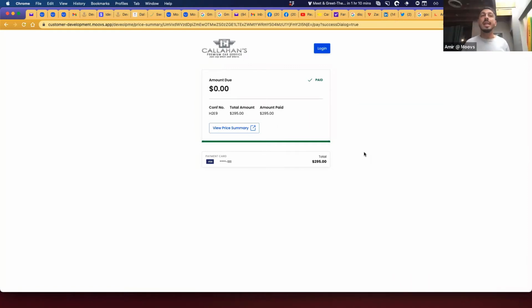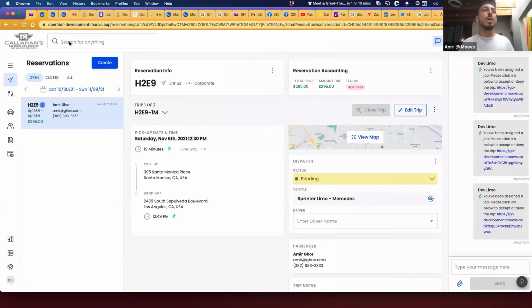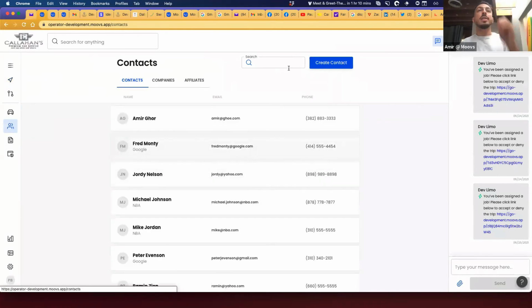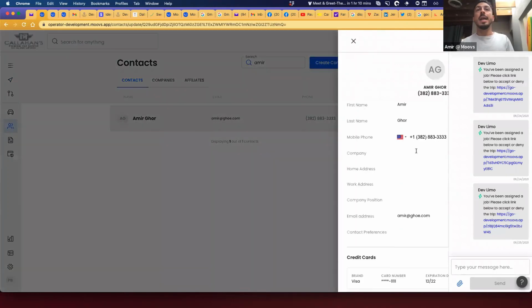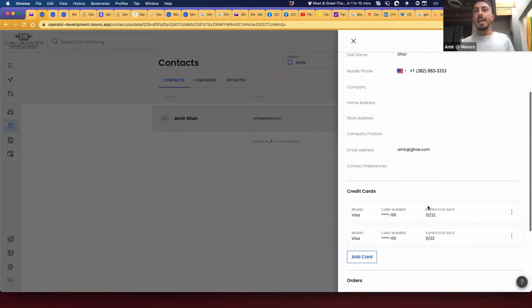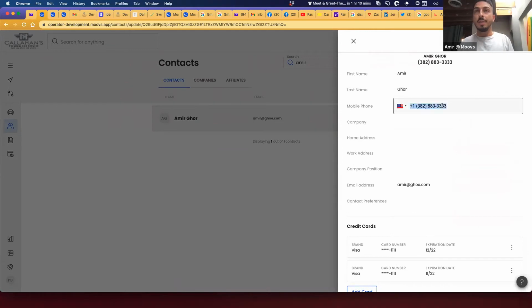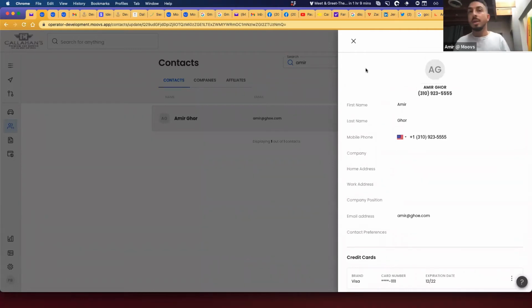Yeah, exactly. You would send them the payment link, right? One of the things you can do is, here in contacts, if they already have a profile, right? So if I pull up Amir, Amir already has an account. And so Amir could just log in. So if I change this to my login, the customer, Amir in this case, can actually log in and I'll get access to my credit cards, right? So I don't even need to enter it in again. So you can ask the customer, and you're in the communication, like if you're the one that's paying, because this is always what's tough, who's paying.